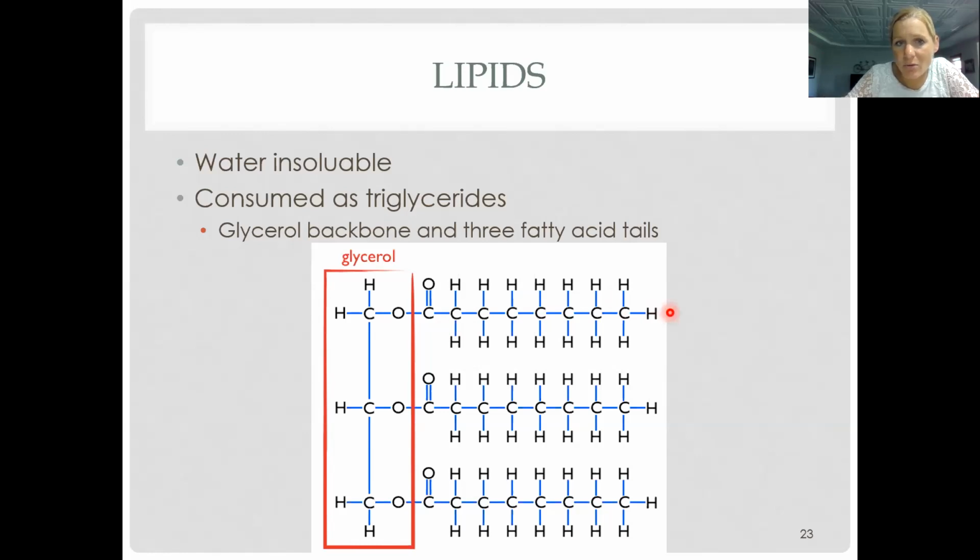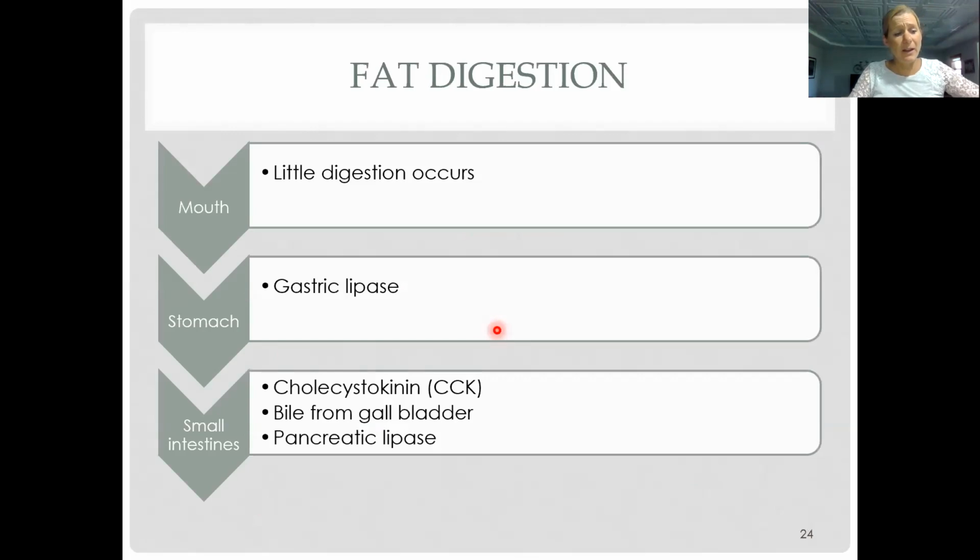Once the chains are absorbed, and the glycerol will be absorbed as well, we can convert it back into this form if we want to store it, or we can just use it for a fuel. We can use those fatty acid chains as a fuel. So those are kind of the fates that we're looking at with our fats, okay? So again, imagine that avocado, which was part of the lunch that I consumed today,